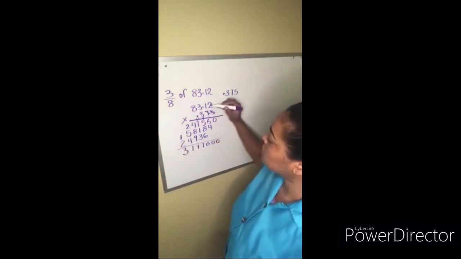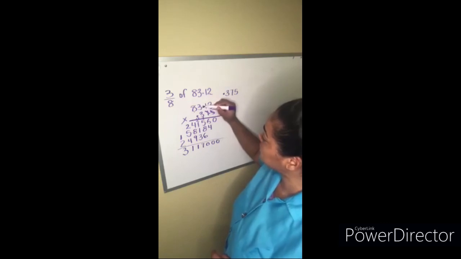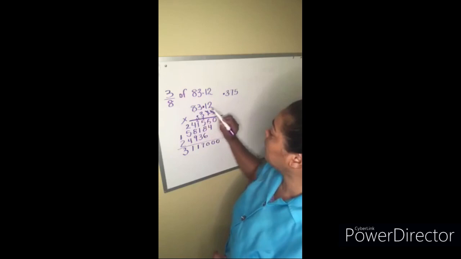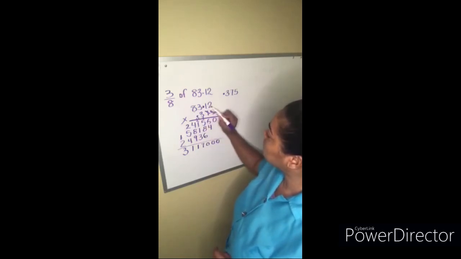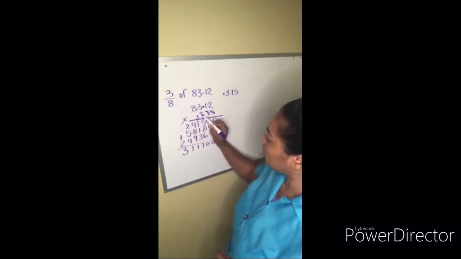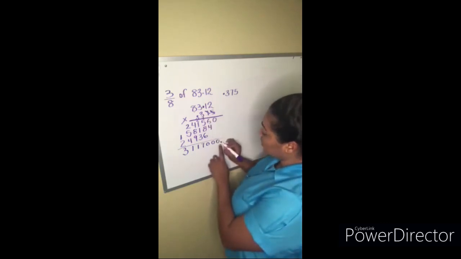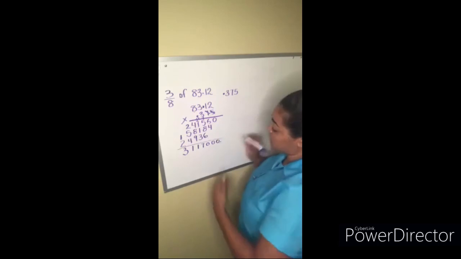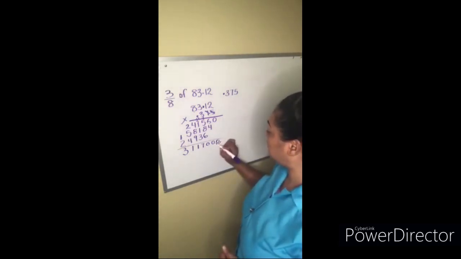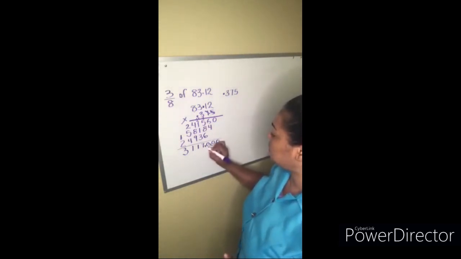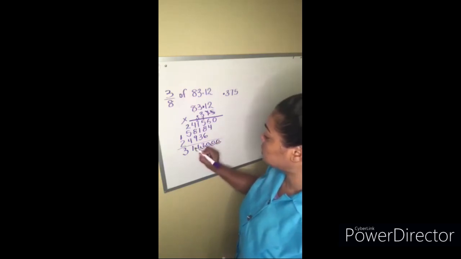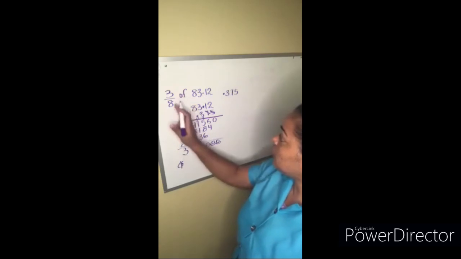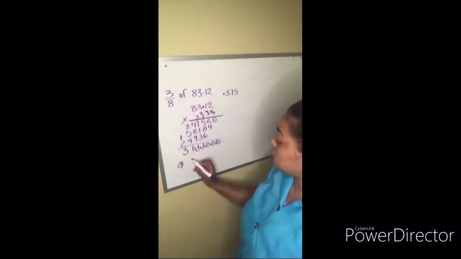Now we count the decimal places. Since we're dealing with decimal, we start here and we come this way and we stop here. Okay? Let's go. 1, 2, 3, 4, 5. So our decimal is always at the back of numbers. So we need to move it 5 places this way now. 1, 2, 3, 4, 5. So this is where our decimal would be. Alright? So 3/8 of $83.12 would be